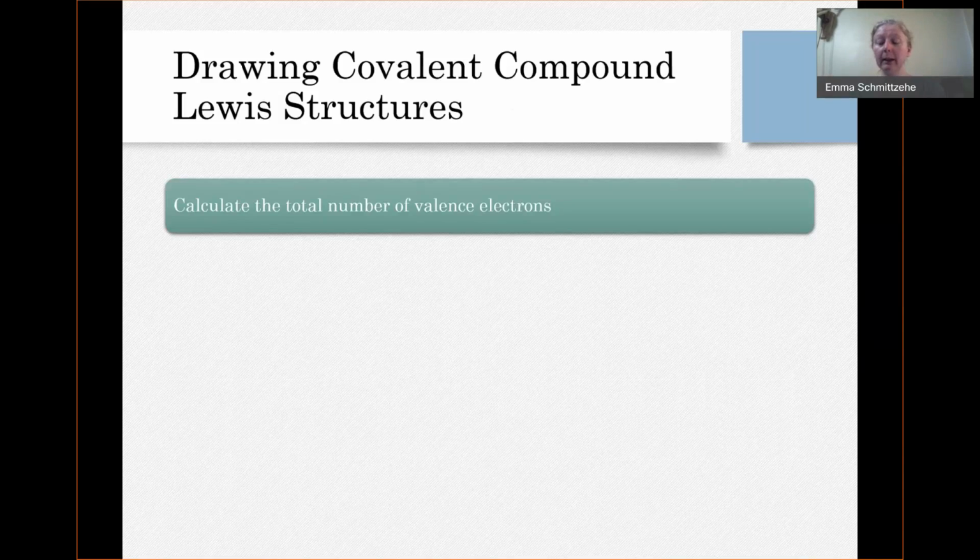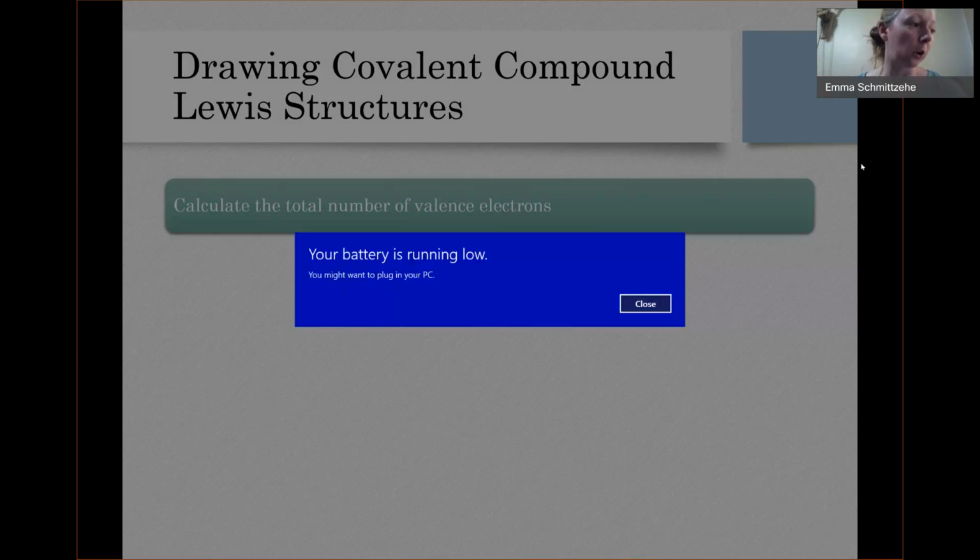Now, one thing that can be a little confusing at first when you're determining the number of valence electrons for something is if there is a charge